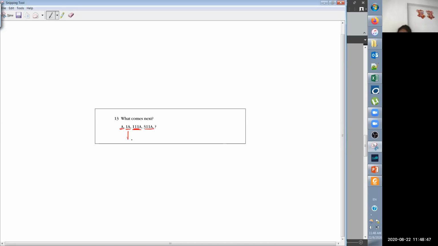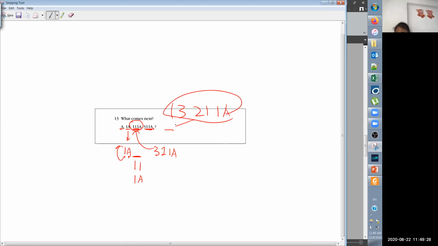So basically, this says there is one A in front. 这里有一个 A，然后这个就是这里有一个1，然后一个 A，对吗？然后这边呢？这边有3个1，对吗？然后有一个 A，就是这个咯。So the next one will be 1个3，2个1，然后一个 A 咯。所以这是 next 咯。你懂我在讲什么吗？Hello。